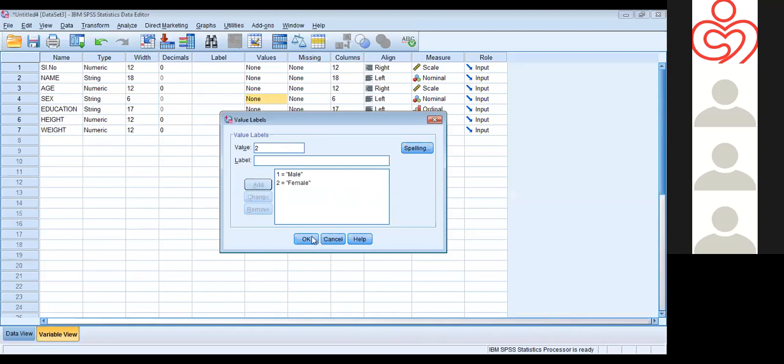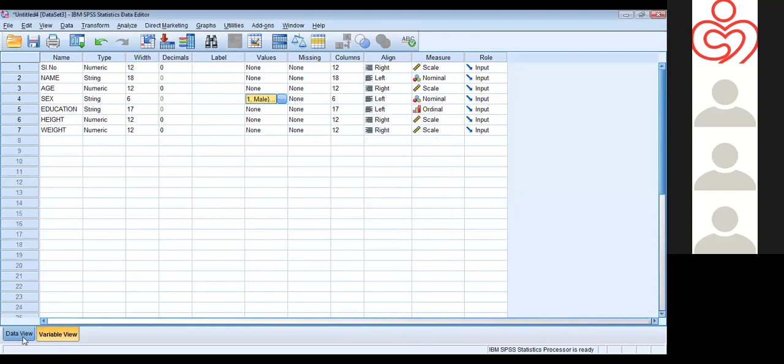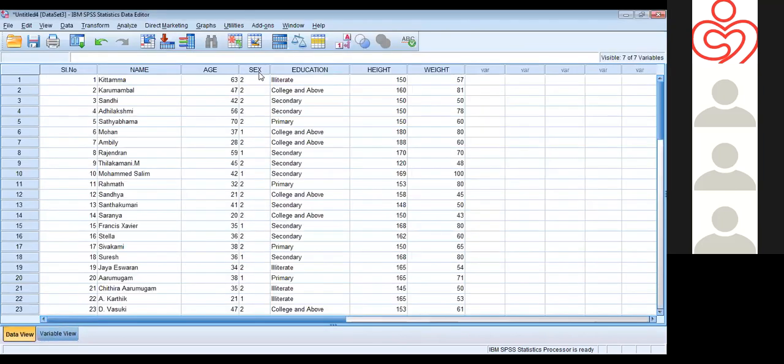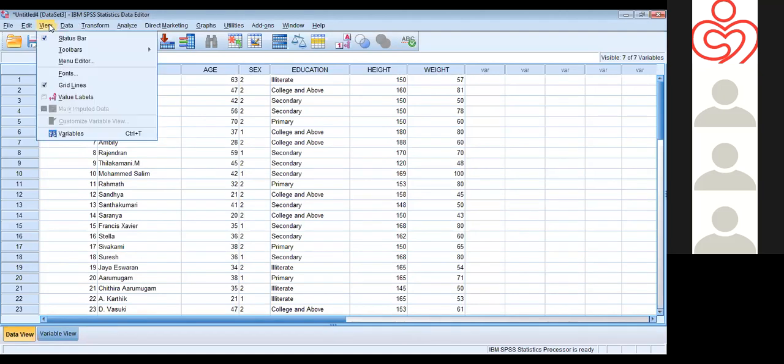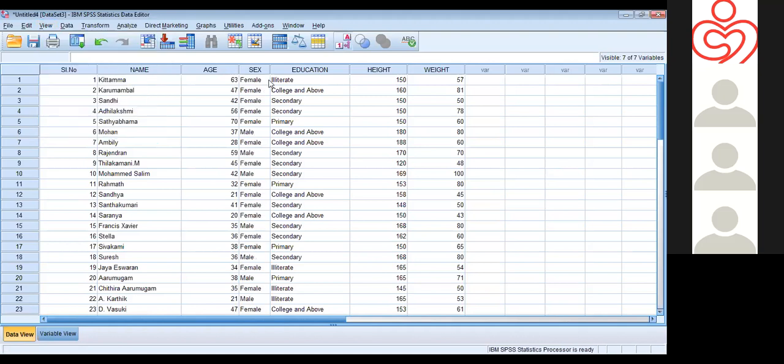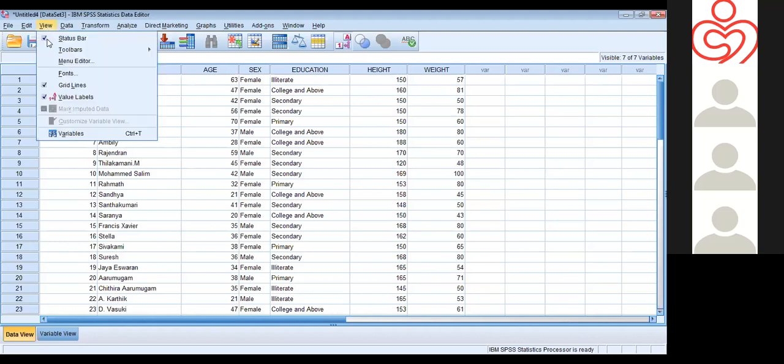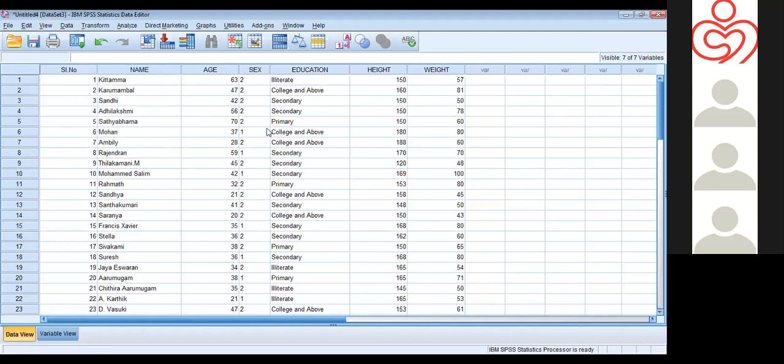In the data set, it will still be 1 and 2, and if you want to see whether my recoding is correct or not, I can choose the option Value Labels. Then we can see that 1 is male and 2 is female. Like that, we can do coding and recoding in SPSS.